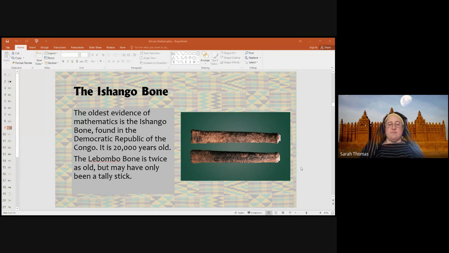It also contains a lot of prime numbers, although it would be a stretch to say that this is supposed to be a list of prime numbers, or that they understood prime numbers as prime numbers, because that's the way that we understand prime numbers, but that's not necessarily the way that somebody else might understand it. And there are also composite numbers on there, so it's not strictly speaking a list of prime numbers. But it is evidence that people were thinking about quantity in relationship 20,000 years ago in the Congo.